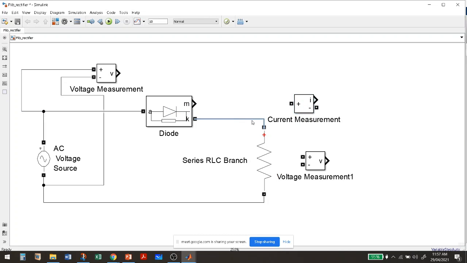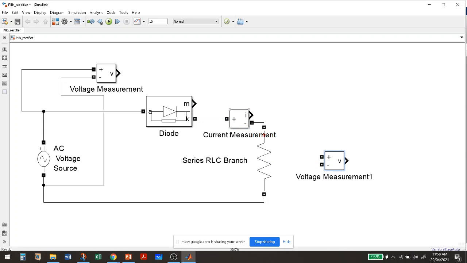And then I need to measure the current across this load resistance. So I will remove this, I will delete it, and then I will put the current measurement here. I will take the current measurement. And then I need to measure a voltage. Make this large.